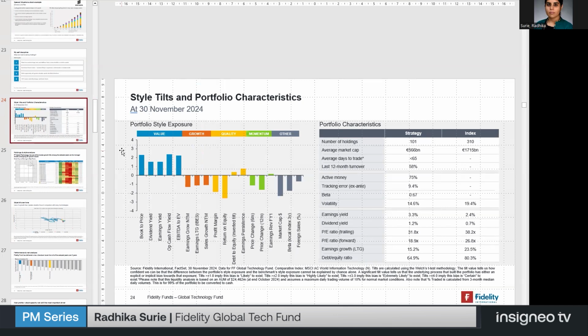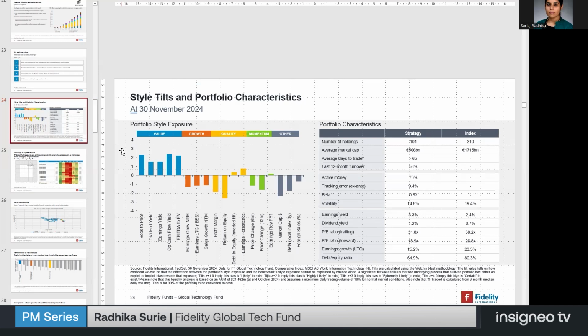That's great. But if you have viewers and clients who are worried about tech and tech valuations, one thing I can point out since I'm on this slide is that if you look at the forward PE of the fund, it's about 18.9x, which is much lower than the index average of 26.8x. So we do tend to be quite a value focused portfolio. And we tend to have an anti-momentum bias, which are both important factors to be aware of. That is very refreshing. 19 times forward PE is less than the S&P itself.